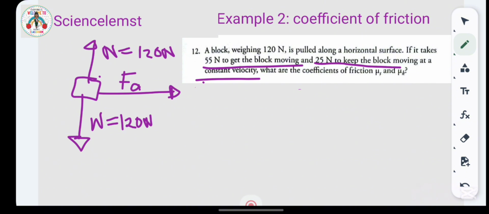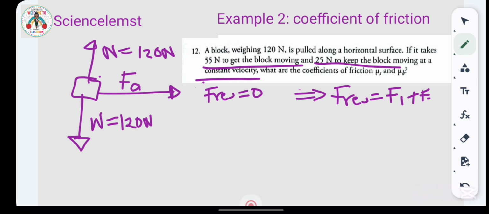So constant velocity simply tells me that F res is equal to 0, and you know that F res is equal to F1 plus F2. If F res is equal to 0, the force that has to keep the block moving is 25 Newton. And I know that frictional force must be in the opposite direction,